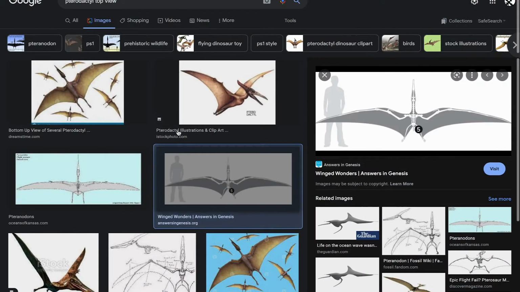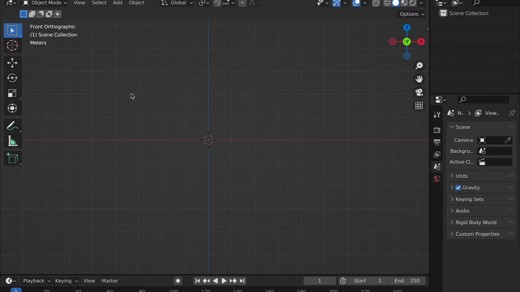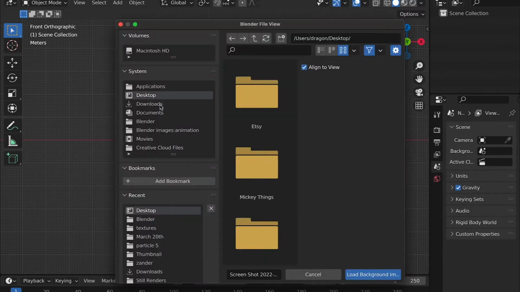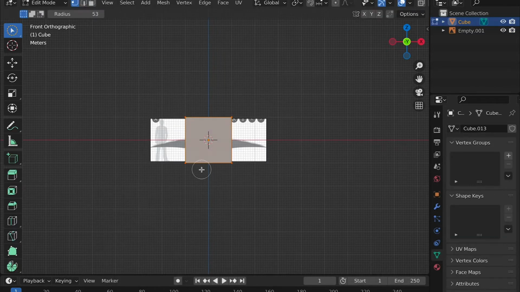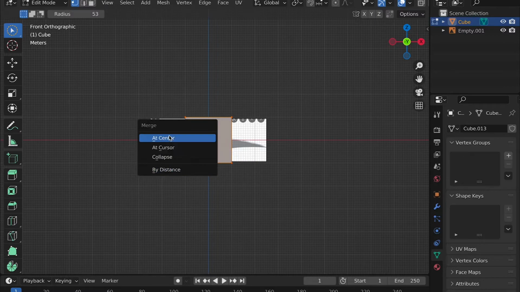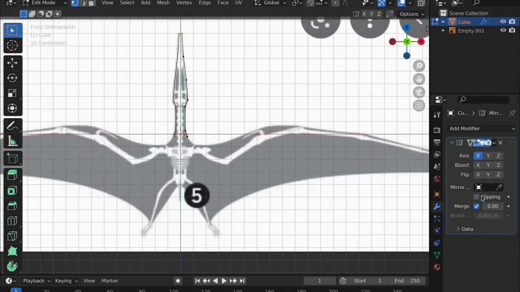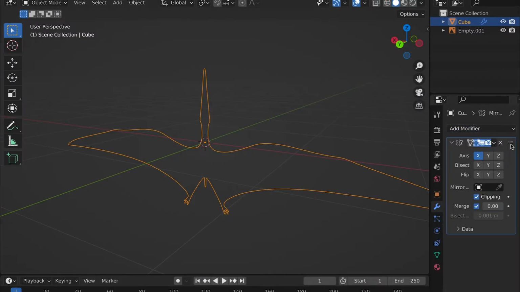Start by finding an image, preferably of a top view or side view of the animal, or I guess you really even could do any object you're wanting to make articulated. Then put it in Blender and add any object and go into edit mode and hit M to combine vertices to center. From there, add the mirror modifier and trace the outline of the image. Once done, you can add a subdivision if you want to make more detail, then apply both modifiers and hit